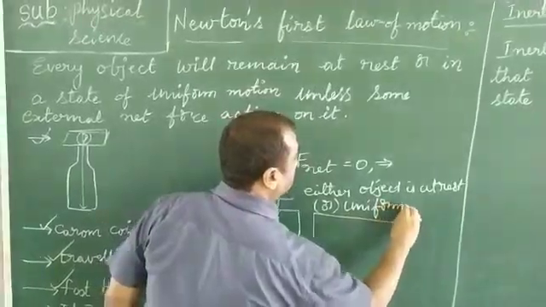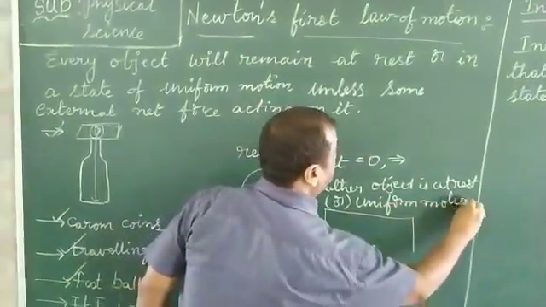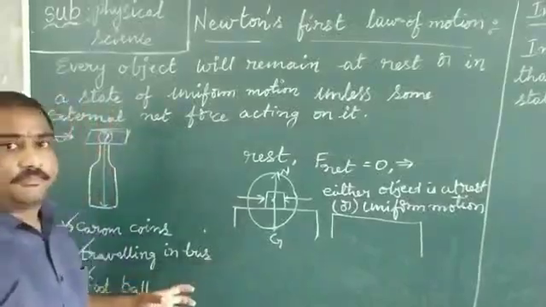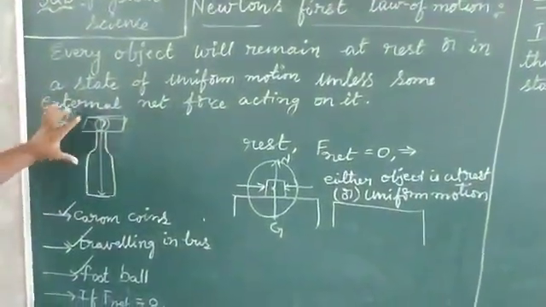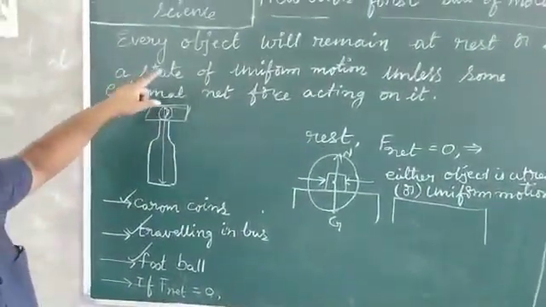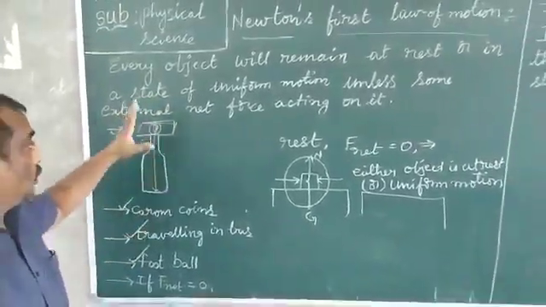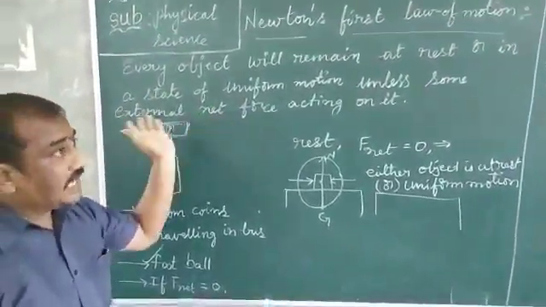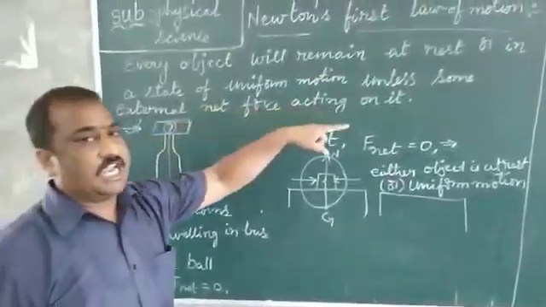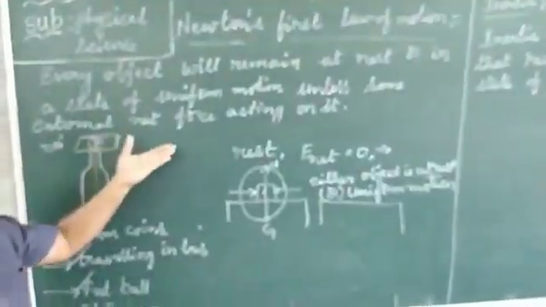That means we can say the object is in equilibrium. Okay, now we are going to discuss Newton's first law in the other form, which is inertia. Okay, children, you know that